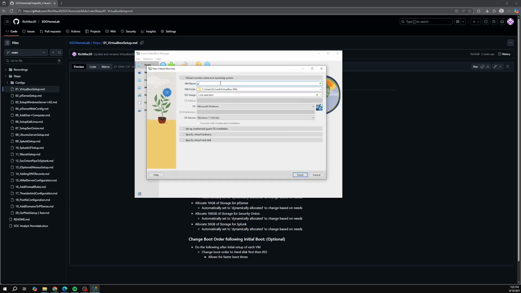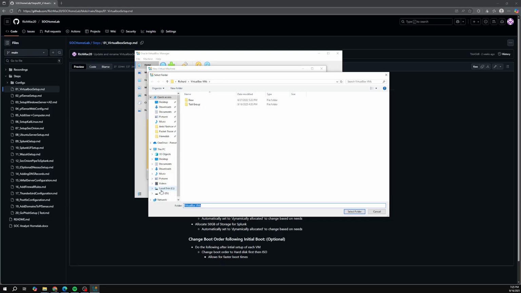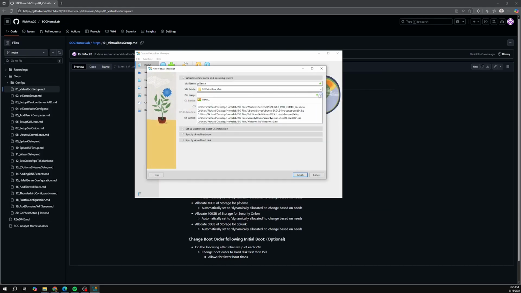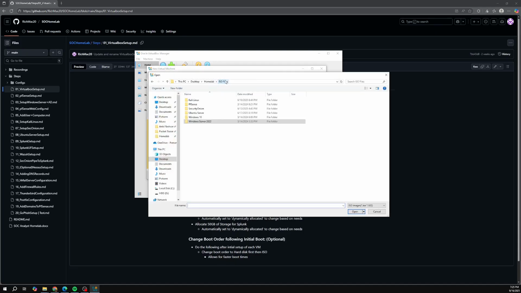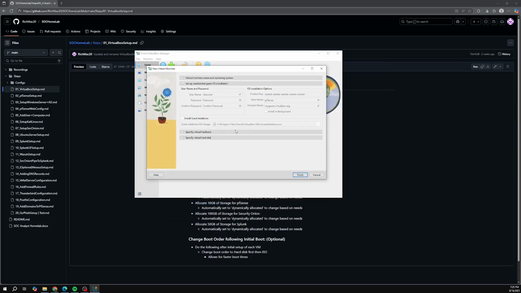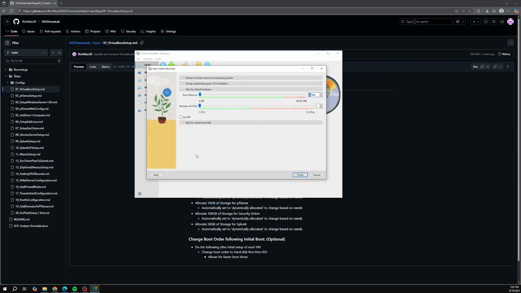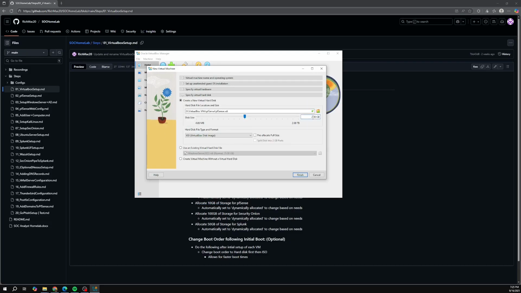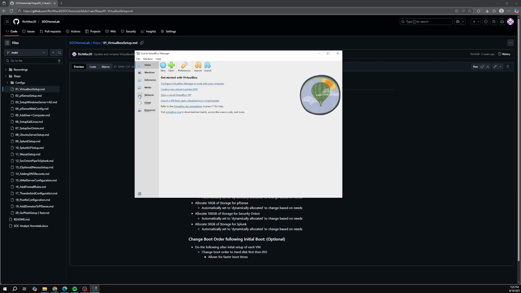So now we're just going to do the exact same thing for all the other ones here. We are going to select this, and we are going to get another ISO file here for pfSense. So we'll again do the same thing. Doesn't really matter. You can probably have it at 2048, I believe. One processor is fine. 10, and before we do that, let's just double check